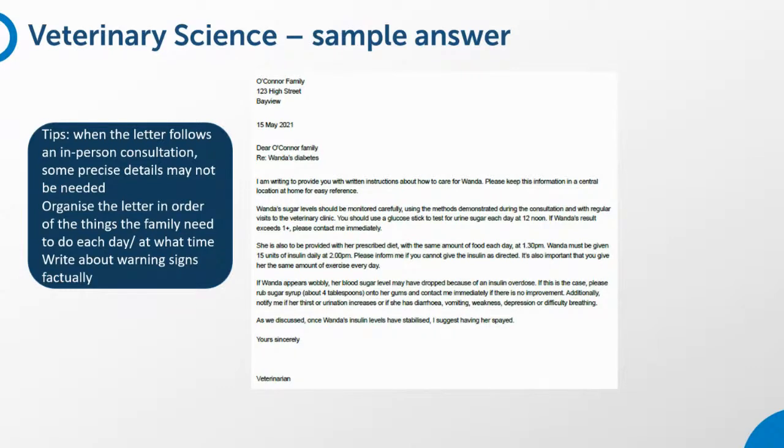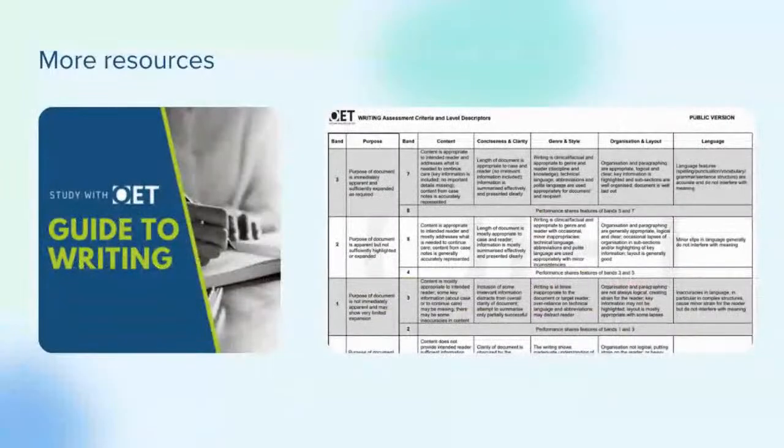In the meantime, if you are looking for more writing resources from OET, then please download the OET writing guide, which is coming through into the chat now. This contains lots of information about the different assessment criteria that I've talked through today. And we're also adding a link to the other thing that you can see on the screen now, which is the assessment criteria. You'll notice that all of the tips that I provided during the session were linked to one or other of those assessment criteria.